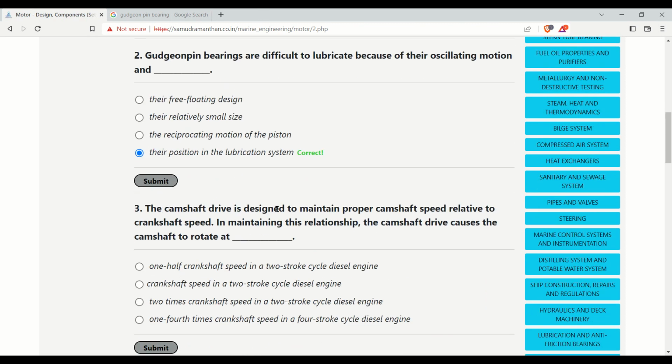The camshaft drive is designed to maintain proper camshaft speed relative to the crankshaft speed. In maintaining this relationship, the camshaft drive causes the camshaft to rotate at: 1/2 crankshaft speed in a 2-stroke cycle diesel engine, crankshaft speed in a 2-stroke cycle diesel engine, 2 times crankshaft speed in a 2-stroke cycle diesel engine, 1/4 crankshaft speed in a 4-stroke cycle diesel. Its answer should be crankshaft speed in a 2-stroke cycle diesel engine,